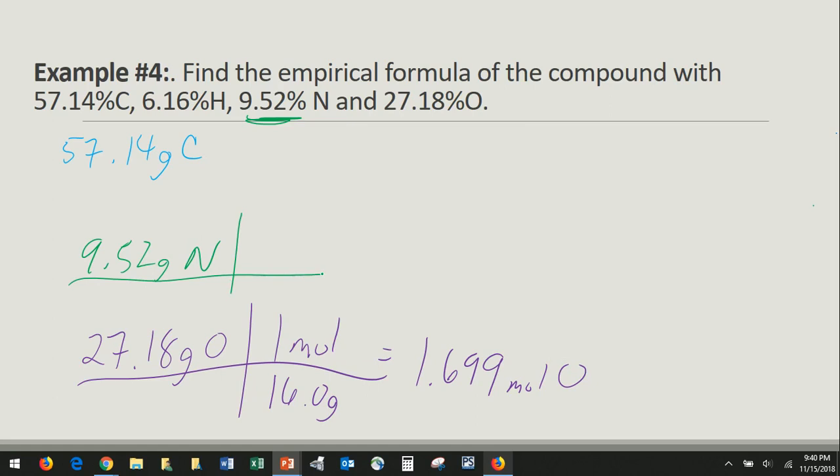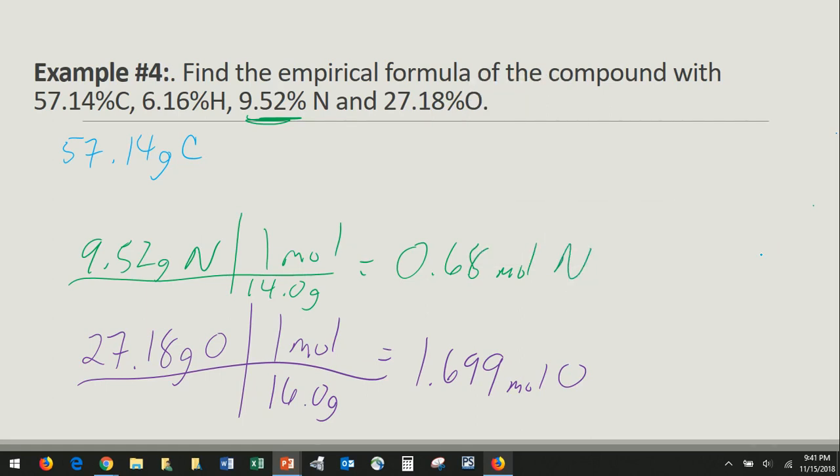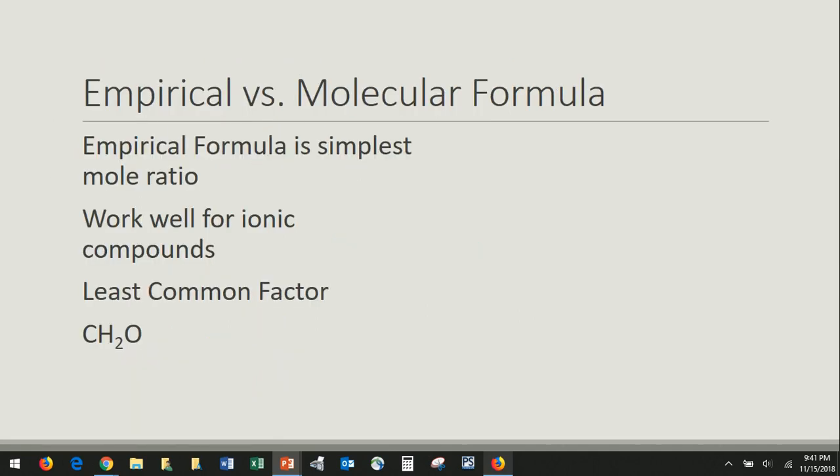So nitrogen on the periodic table is 14.0 grams in 1 mole. So that's going to be 9.52 divided by 14, 0.68 moles of nitrogen. And then the carbon, we're going to do that as well. And 57.14 grams is 12.0 grams of carbon in 1 mole. And that will get us